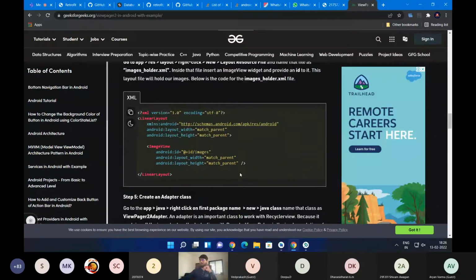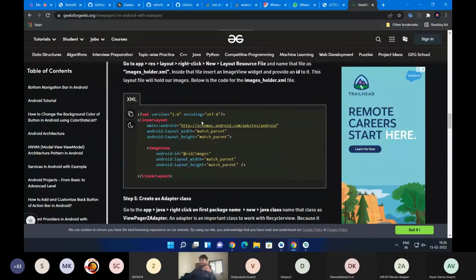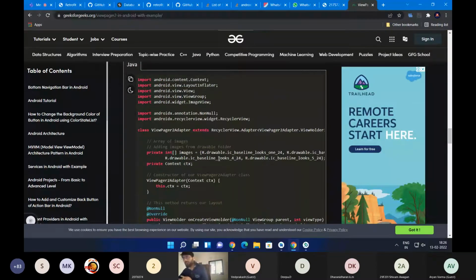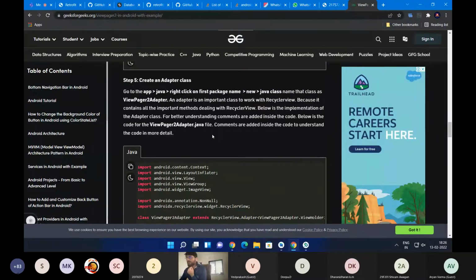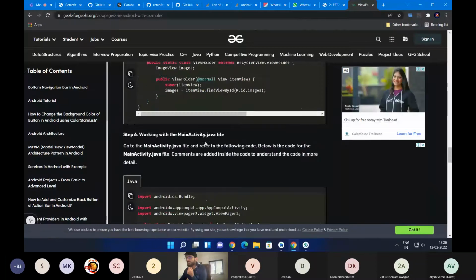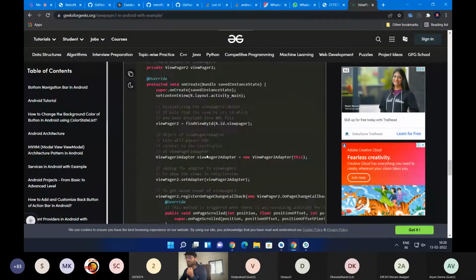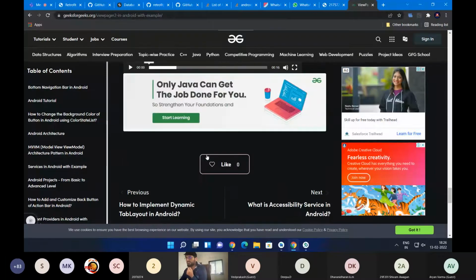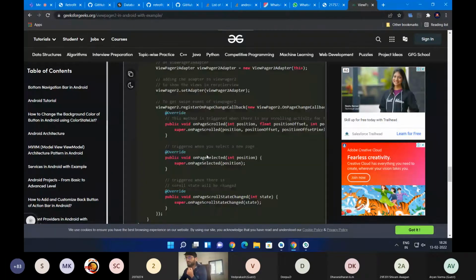Then we need a layout resource file, adapter class. Okay, so just like recycler view, pager needs an adapter. So let's see view pager adapter. I'm not sure why they're creating recycler view adapter, because as far as I know, we need to use... Hmm,